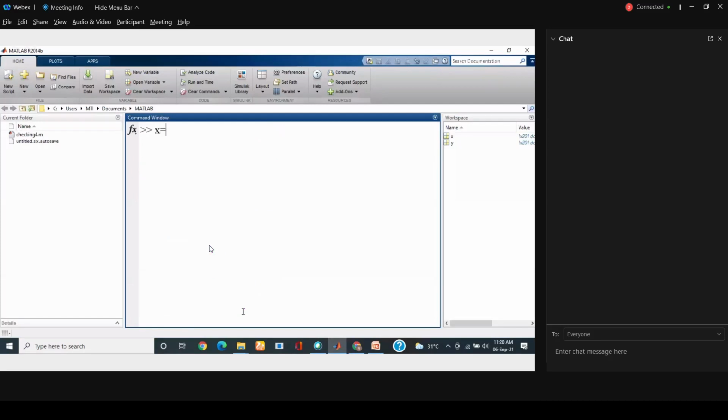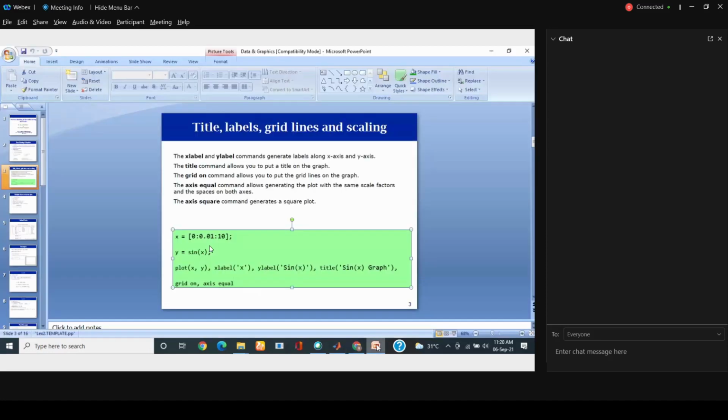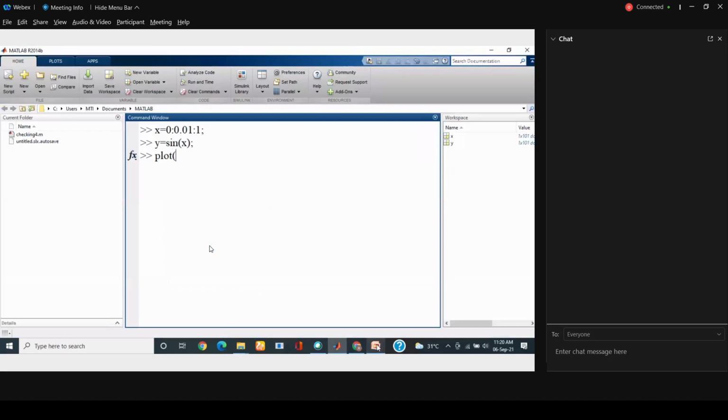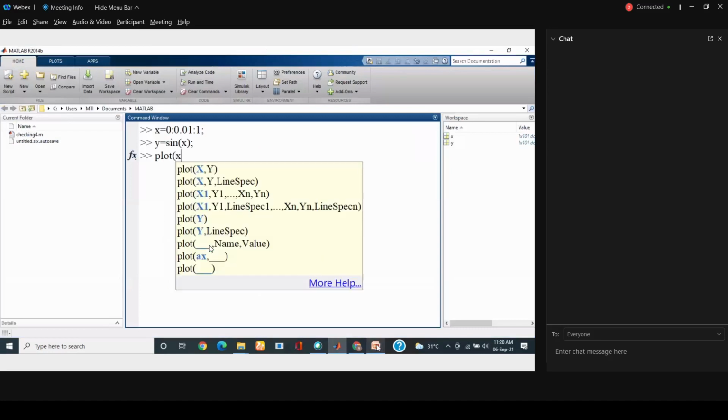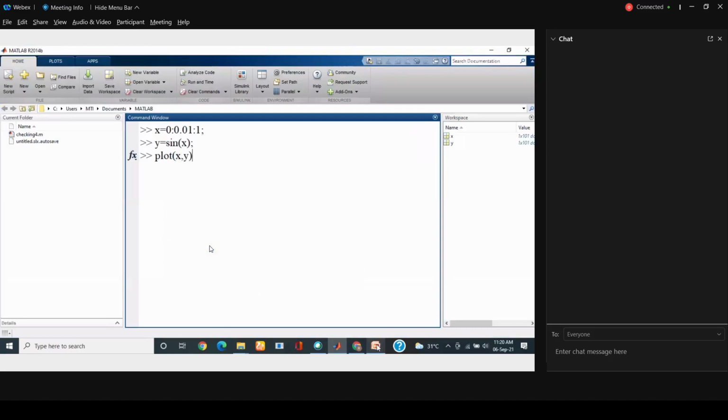So I have x as 0 to 2, let's say 1. Then I have y as sine of x, and then I give these commands. I say plot x comma y, then I say